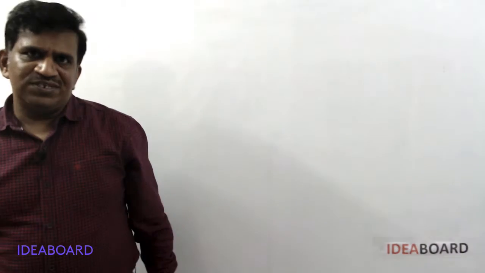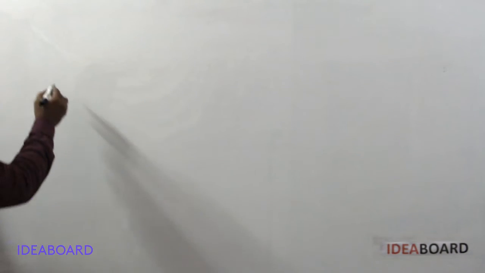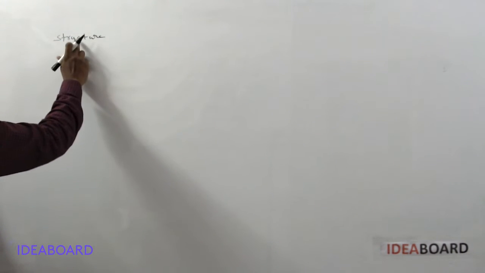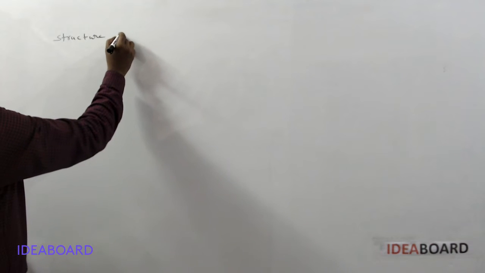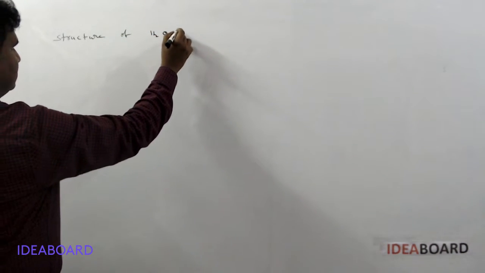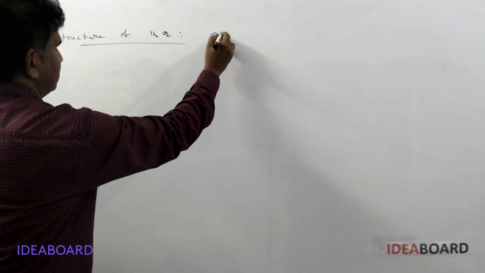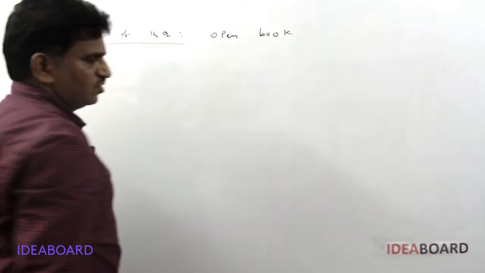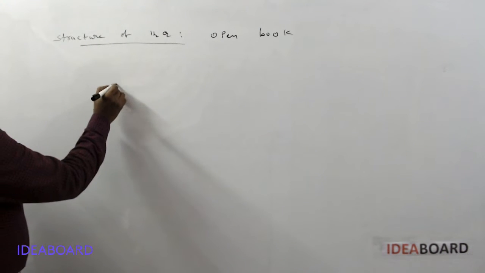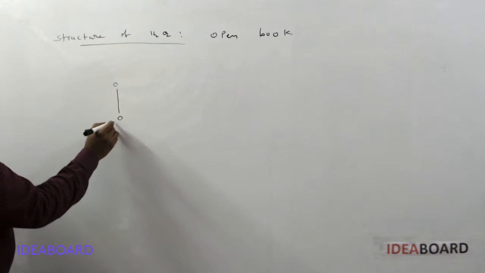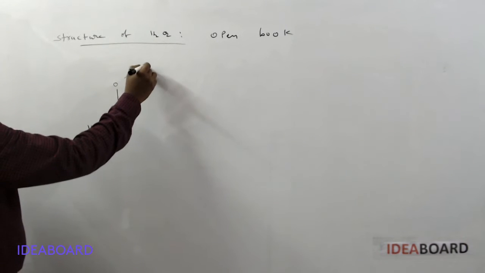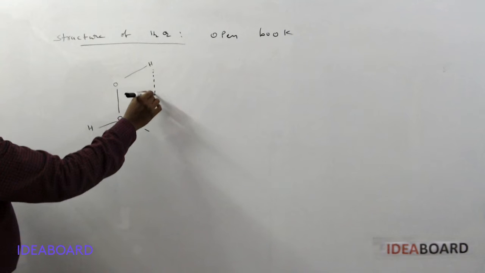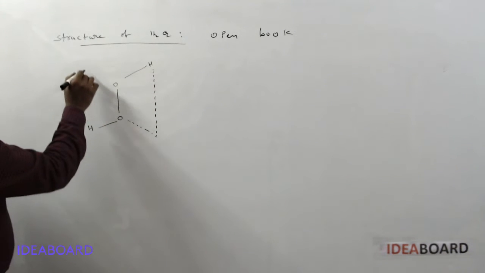The next is structure of hydrogen peroxide. Here hydrogen peroxide has an open book structure. Open book like structure. If you are writing the structure, 2 oxygen atoms are on the spine of the book, and the hydrogen atoms will be taken as 2 pairs, and this is the open book like structure,